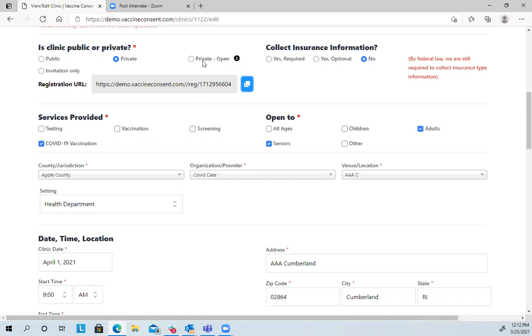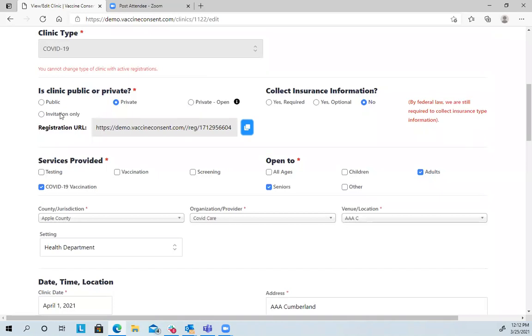So it's not in our upcoming, but it will be at the end of your list under the all search criteria. And it's a complete walk-in, no date, no time, but it is used for congregate living situations, etc. And invitation clinics is where you're uploading a list of patients. They've all received a unique one-time use URL just for them.